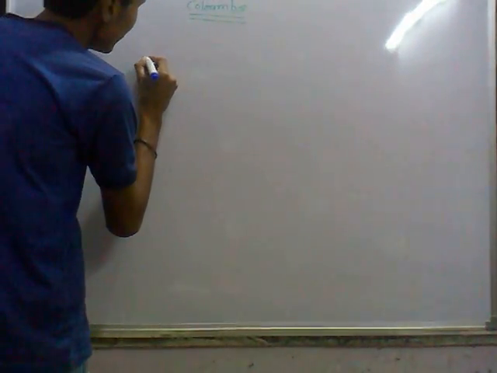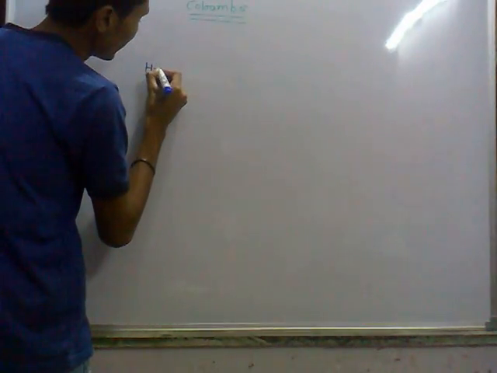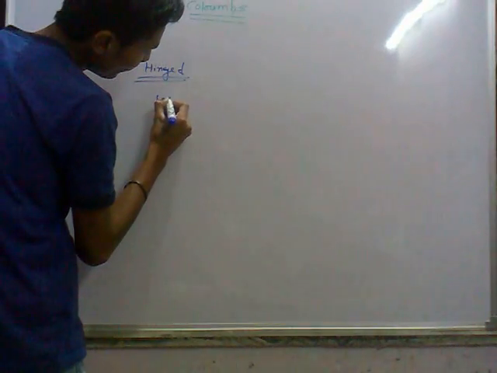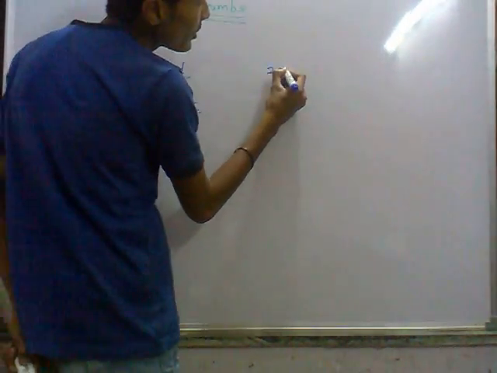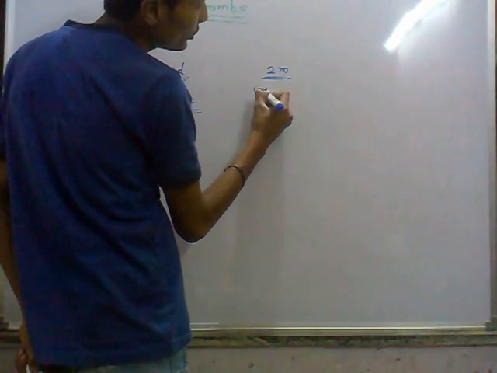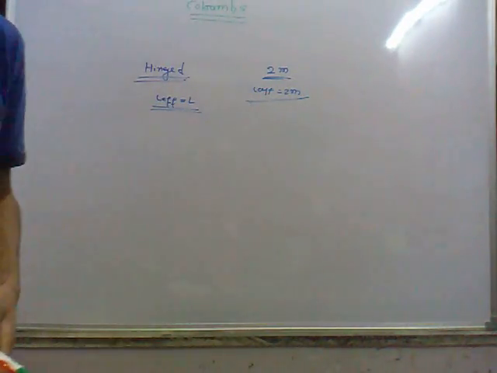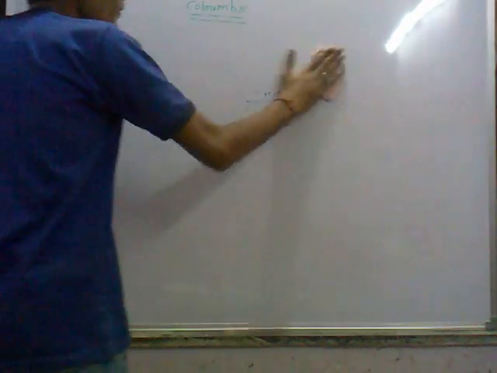When both ends are hinged, we take L effective equal to, suppose we take a 2 meter distance, so L effective equals 2 meters. So it is important during solving numericals. This term is used whenever one end is fixed and